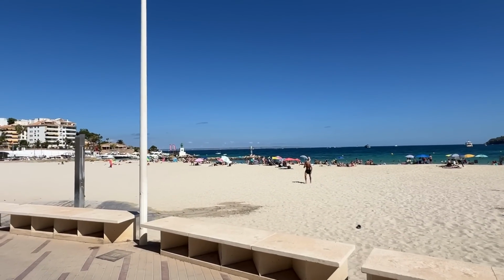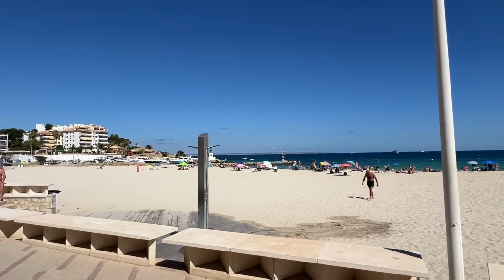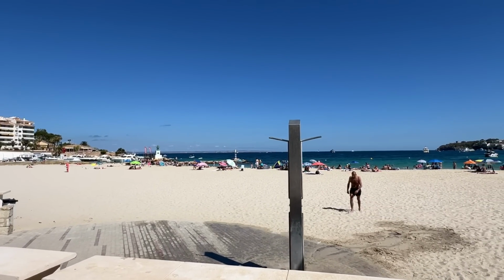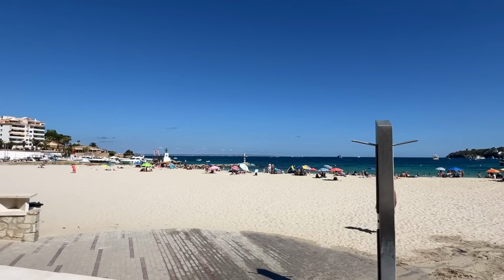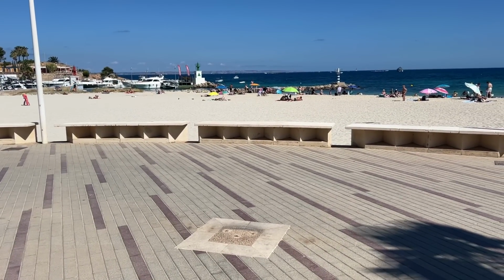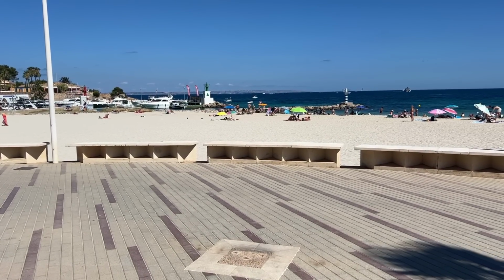The only thing that is missing though is more water sports. Now I can't see any other pedalos because there used to be a whole collection of pedalos over here on Es Carregador Beach, but I can't see them for this summer. Now I can see that the Calvia Heart is missing this afternoon, but we're not going to hang around on the beachfront any longer. Now we've just come to the end of the beach here, but the video doesn't stop